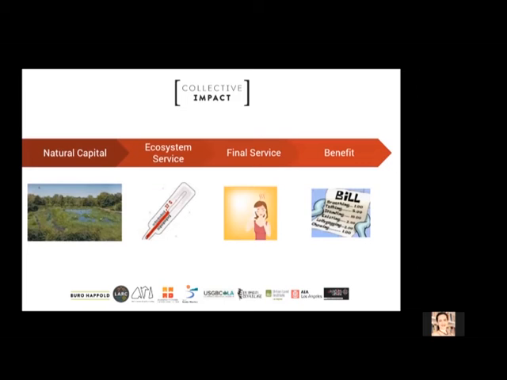So using these techniques, we can create valuation pathways where you identify the natural capital, identify the services that it provides, quantify those impacts, and then ultimately place a value on it. In the example you see on the screen, the green park area will reduce ambient temperatures. This will reduce the risk of people suffering heat stroke, which has the final benefit of saving on medical bills at the hospital.